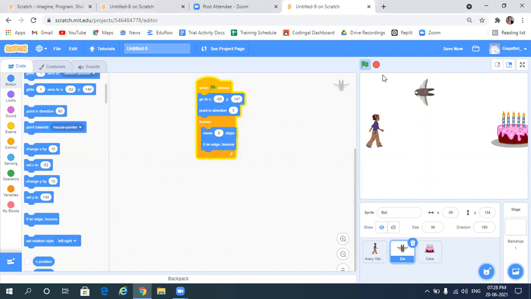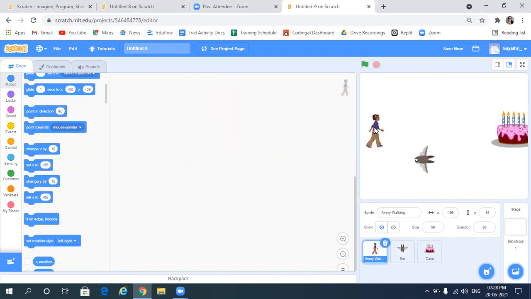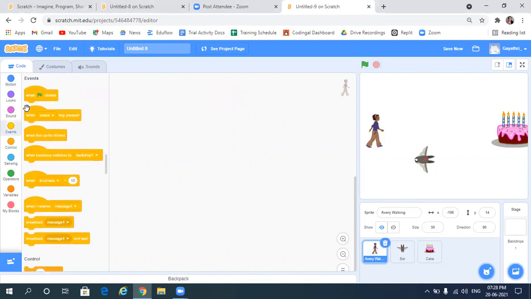Now we'll program for the girl. So double click on the girl, so you get the sprite here. So we are programming for the girl now. Go to the events block, select when flag is clicked.